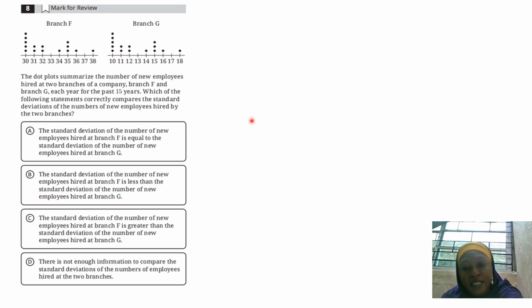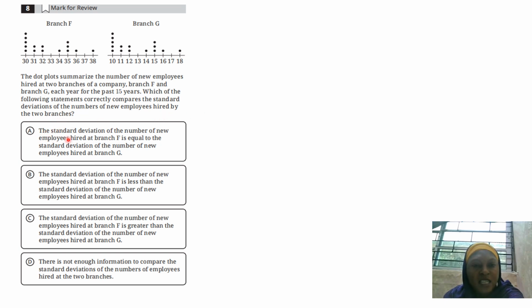Still on our SAT Mathematics series. Let's see what we have on the screen. The dot plot summarizes the number of new employees hired at two branches of a company, branch F and branch G, each year for the past 15 years. Which of the following statements correctly compares the standard deviation of the numbers of new employees hired by the two